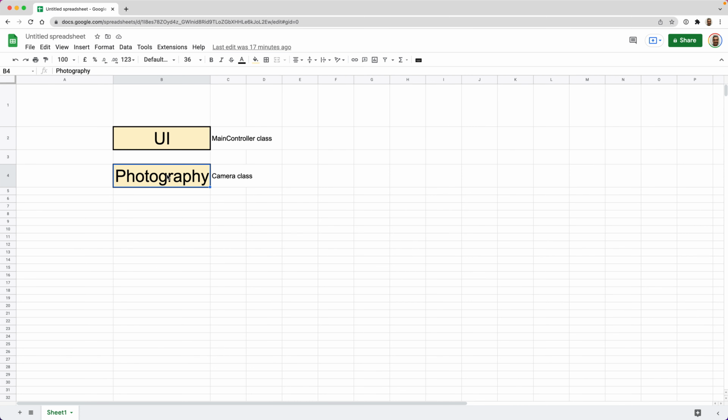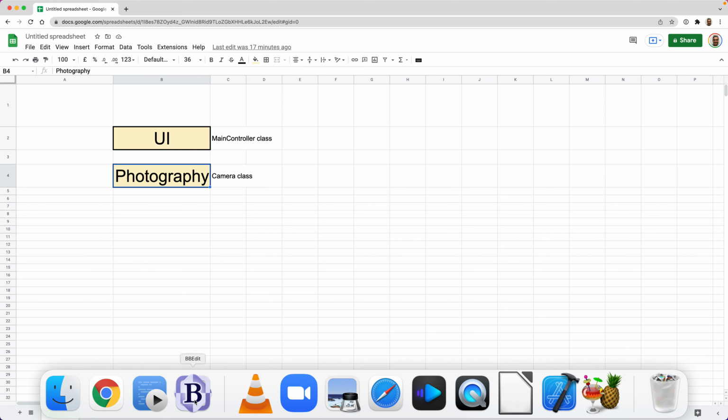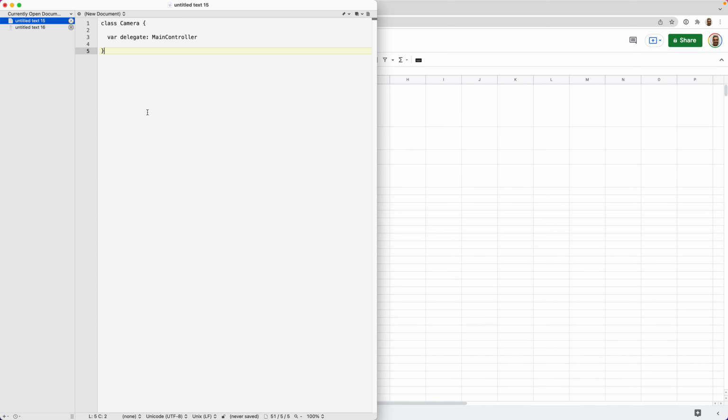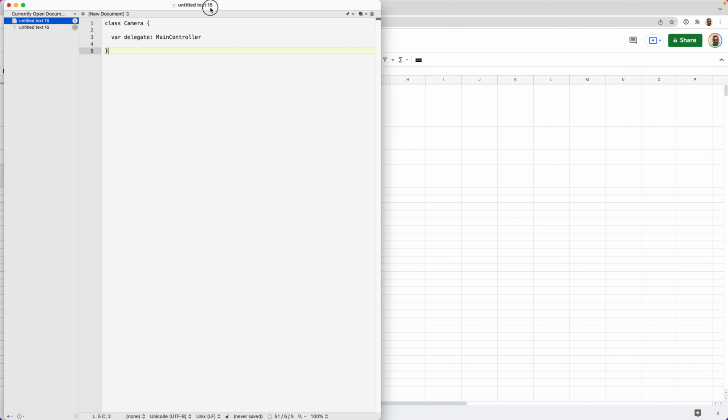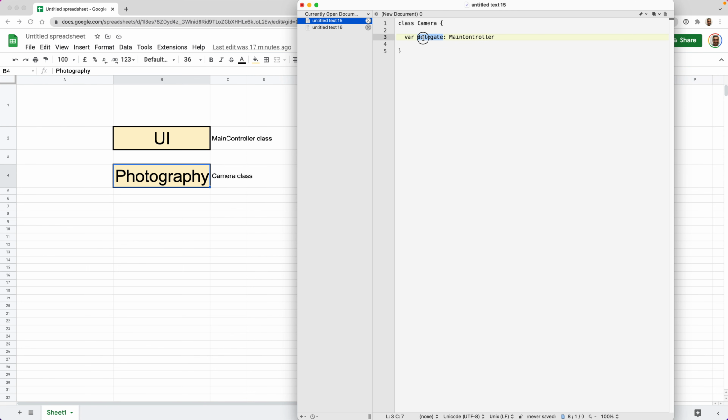And the lower layer has to invoke callbacks to tell the UI that something has happened so that the UI can be updated. I originally coded it up as this.